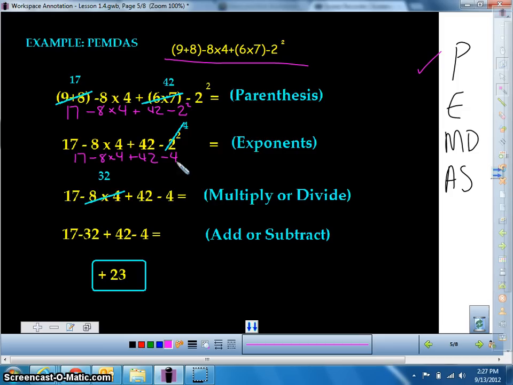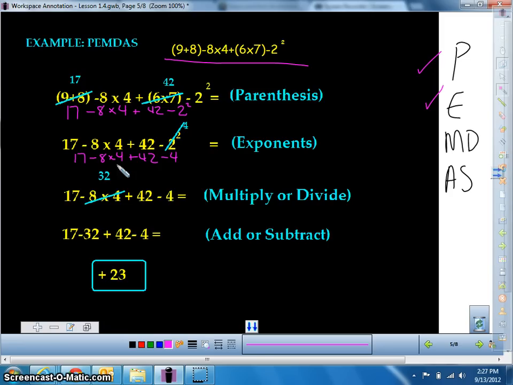Am I all done with my exponents? Yes, so I'm going to cross that one off. Now I'm at multiplication and division. And for those of you that didn't understand what I was talking about, make sure to pay attention here. I need to look at my problem from left to right, just like how you read a book. From left to right, and the first one I come across, whether it be multiplication or division, that's what I'm